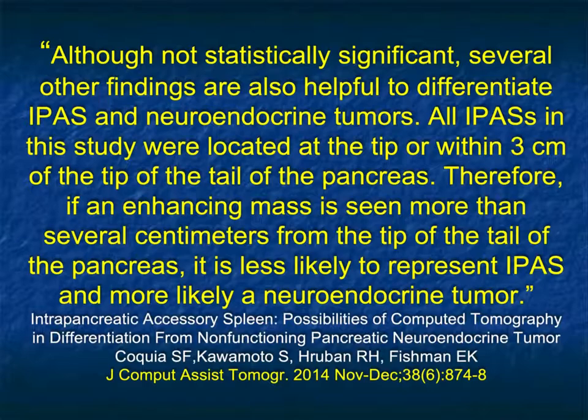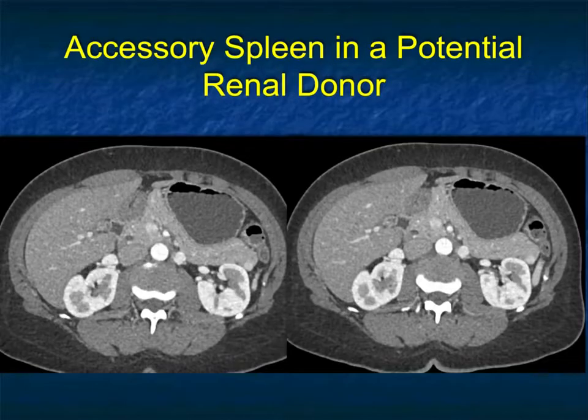In this article by Stephanie Colquia, although not statistically significant, several other findings helped differentiate the spleen from neuroendocrine tumors. All IPASs in the study were located at the tip or within 3 cm of the tip of the tail of the pancreas. Therefore, if an enhancing lesion is more than several cm away from the tip of the pancreas, it's likely a neuroendocrine tumor. Well, that makes all the sense in the world. To me, the problems are not the ones that are 3 or 4 cm away. It's the ones that are abutting the tail of the pancreas or just anterior or just posterior to the tail